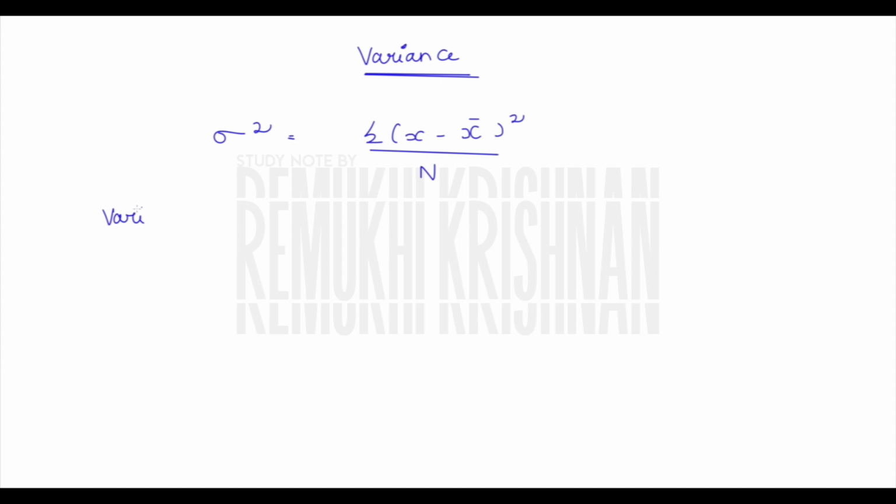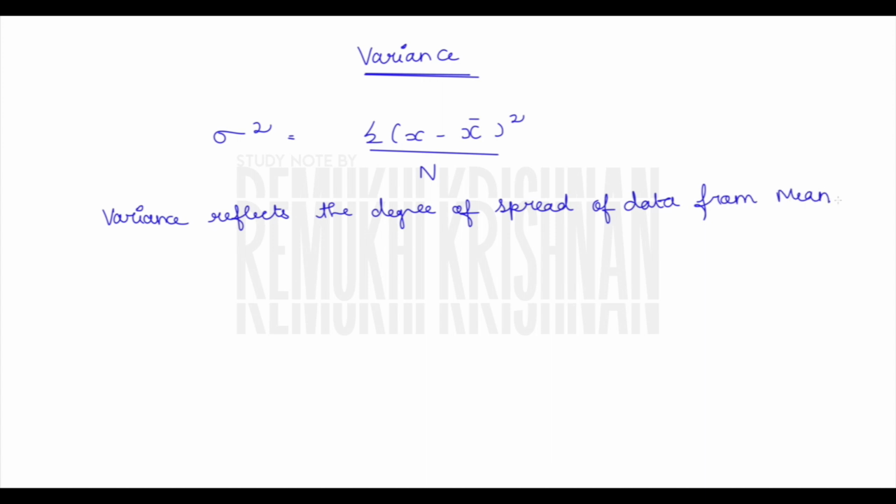So what is the concept behind the variance? Variance reflects the degree of spread of data from the mean. Let us take this: this is the mean, and these are my data. It helps to know how much the data is away from the mean. Too much away from the mean will land you in a situation that is not good for our capital budgeting decisions, when it is having a negative impact.